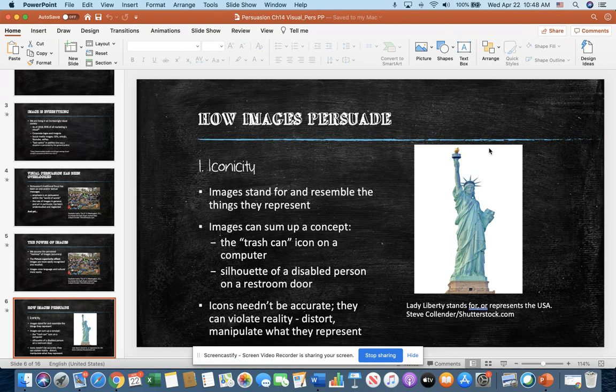And then a silhouette of a disabled person on a restroom. We kind of all know what that means. Somewhere in the textbook, it was talking about how it doesn't necessarily have to be a 100% match of the picture, and that the icons on the restrooms,